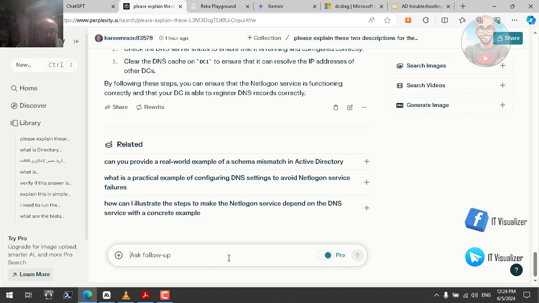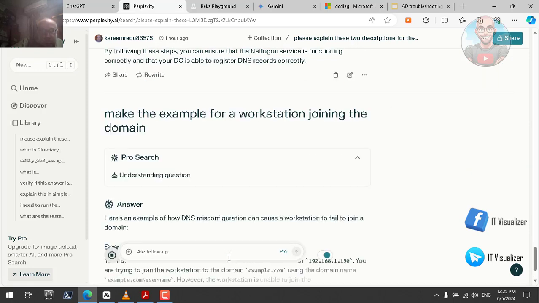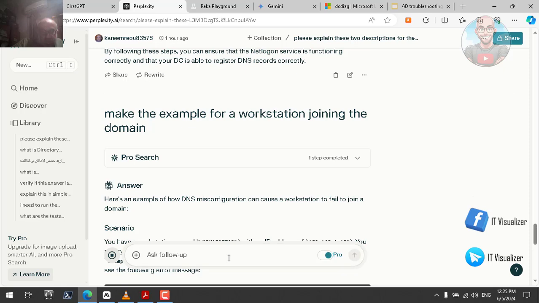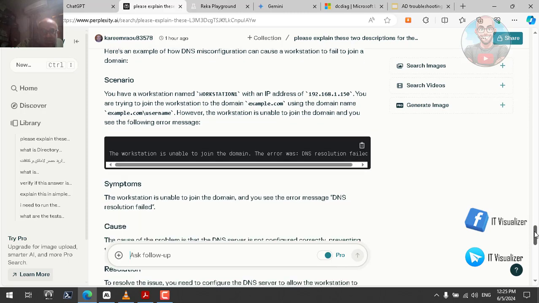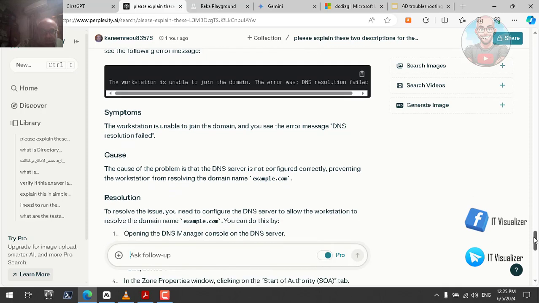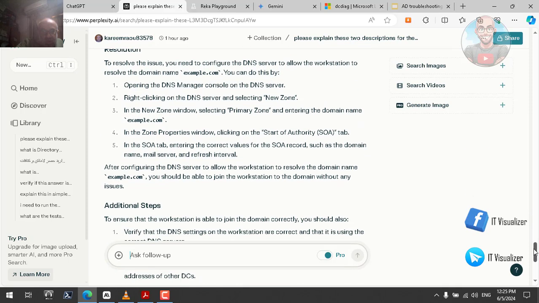Let me ask it to make the example for a workstation just joining the domain. Okay, this is not the correct answer. Anyway,